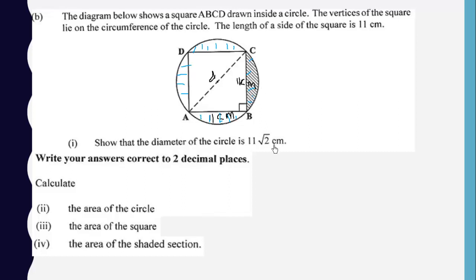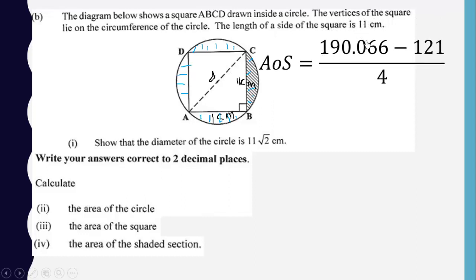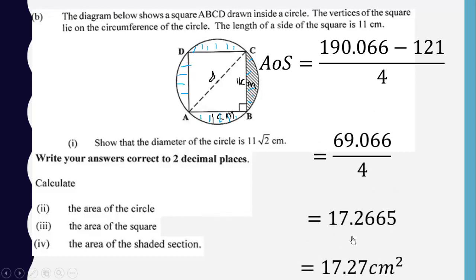Now the area of this whole region will be the area of the circle minus the area of the square. Now that will give us this whole region, but we are looking for only one of them. So we need to divide this into 4 equal parts, because this distance is the same as this distance, the same as this distance, the same as this distance. So dividing it into 4 equal parts will give us the area of this shaded region over here, which is